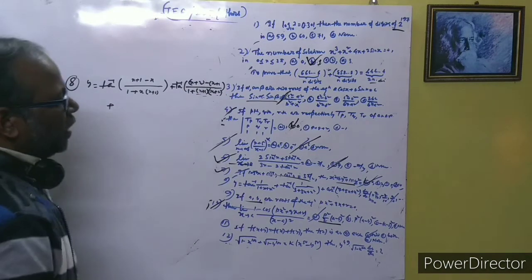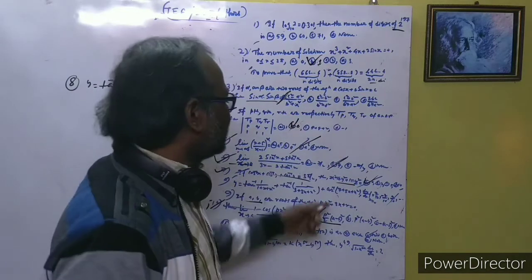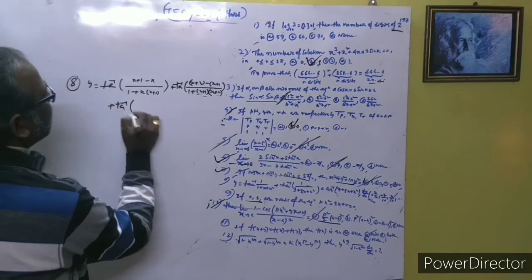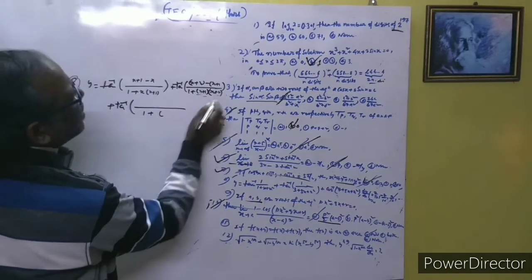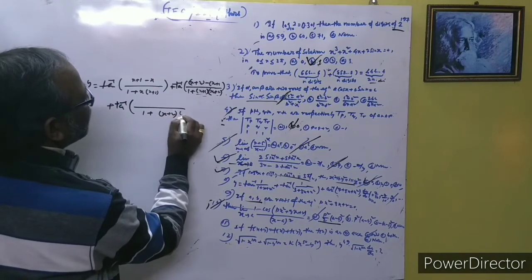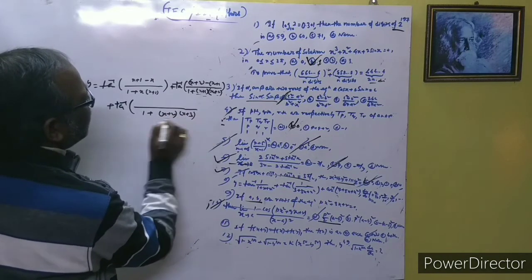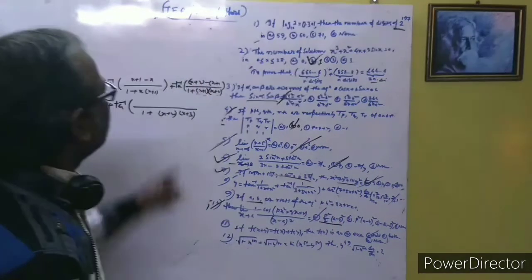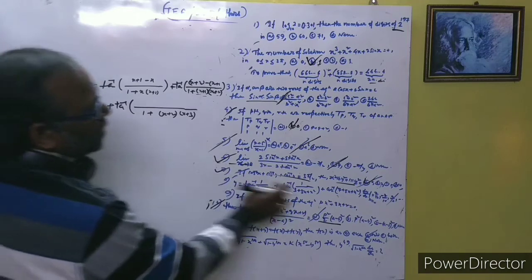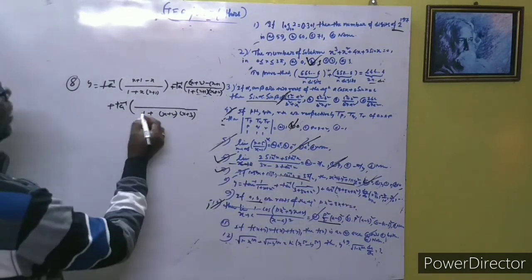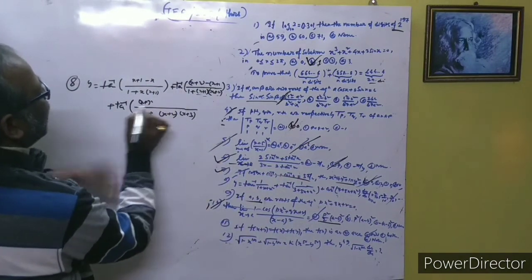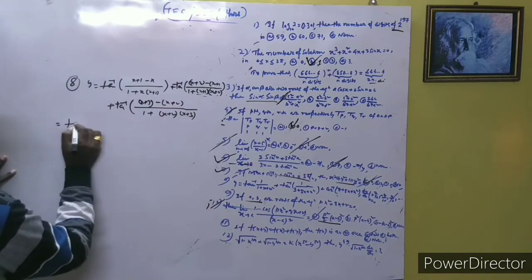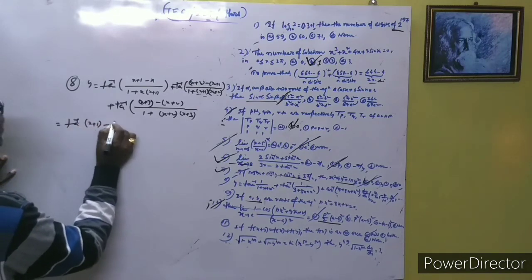And for the third part, here is cot inverse. Let us assume it is tan inverse 1 by that, and same as this part, okay? We can write it like this is 1 plus, this is x plus 2, so you can write here x plus 2 and x plus 3. And then see, if we multiply that x square, and 2 or 3, that is 5, and then 2 times 3 is 6 and plus 1 is 7. Okay, we get the same figure. And now we can write here x plus 3 minus x plus 2 here. So split is the formula like tan inverse x plus 1 minus tan inverse x.